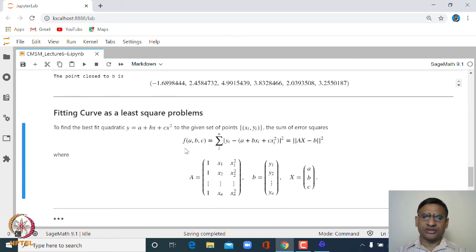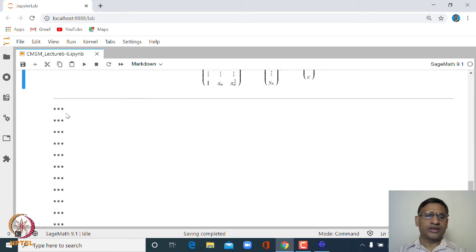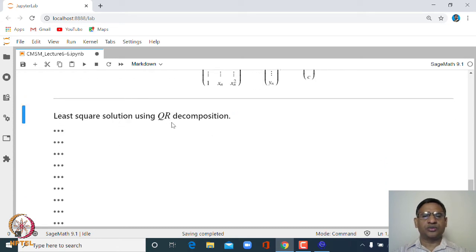Okay. I am not going to solve any problem using this, I will just leave it as an exercise. We already know how to obtain the solution of this least square problem, and the solution in this case is x star equal to the inverse of A transpose A into A transpose b, and then you multiply x star by A, you get the least square solution, right. This least square solution we can also obtain using QR factorization.